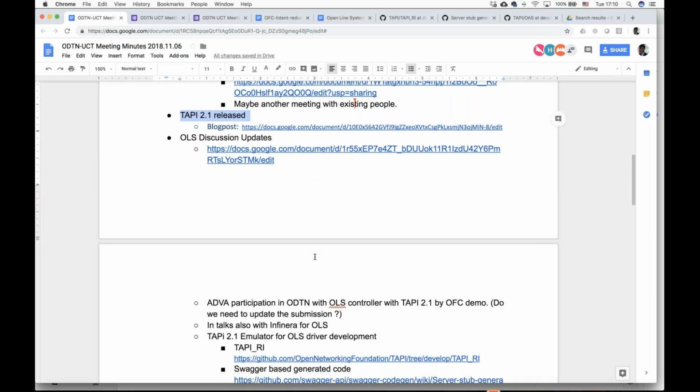I've talked with the people at ADVA, and they confirmed that they plan to participate and targeted a schedule of implementation of TAPI 2.1 on their OLS controller by OFC, in order for us to integrate it into ONOS by that time and have it ready for the conference. I was also in talks with Corient and Infinera, and they also committed to doing the same. So I think it's going to be a